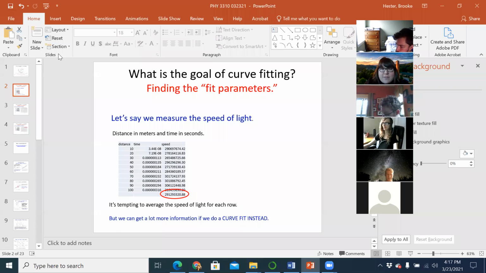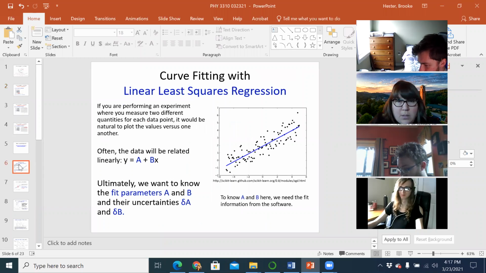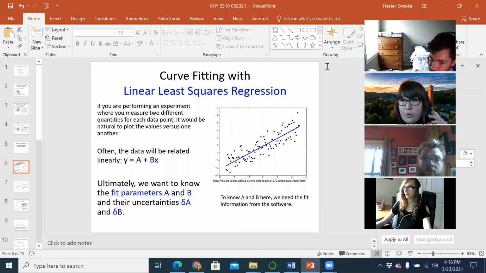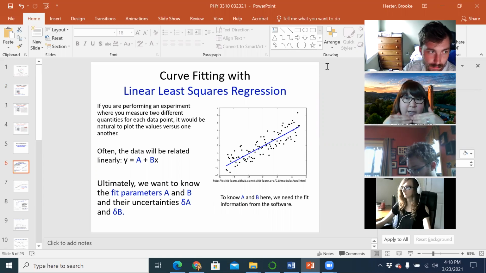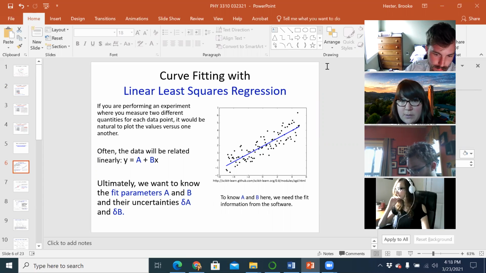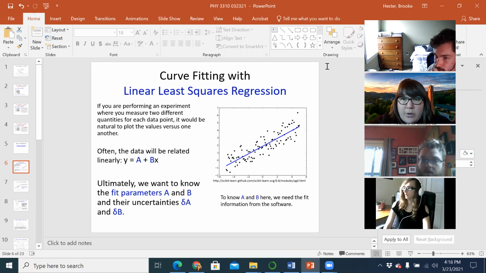Well, that's why we have this class, to make sure we are learning this stuff. Okay, so there are lots of different ways to do a curve fit, different algorithms to find the equation, or to take the equation that you expect is going to work and apply it to your data. There are lots of different mathematical approaches to that. The one that is the focus in your book, and is very commonly used by a lot of people, is linear least squares regression.